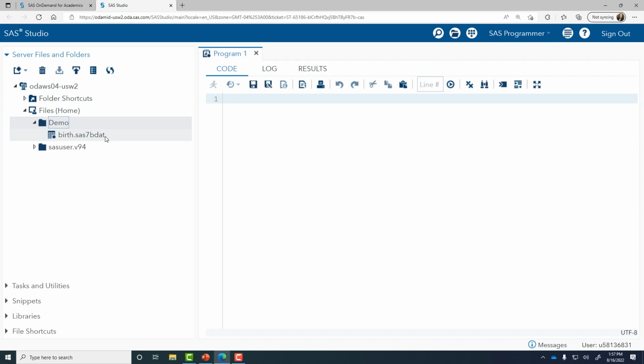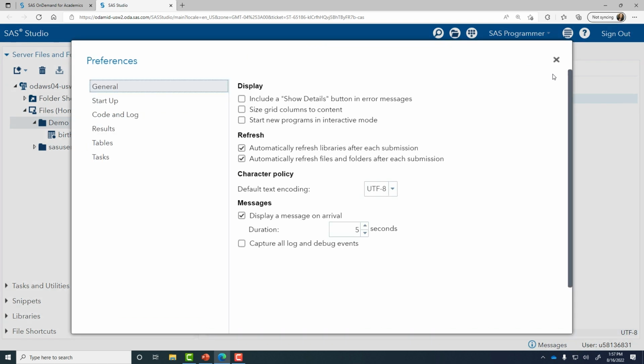I want to do a couple more things in order to customize our SAS Studio session here. I'm going to go up to this icon with the 3 horizontal lines, and I'll select Preferences. This is an area where you can select different display preferences for SAS On Demand for Academics. In General, I'm going to select Size Grid Columns to Content, and that's a checkbox.